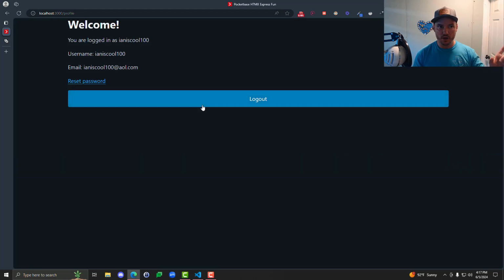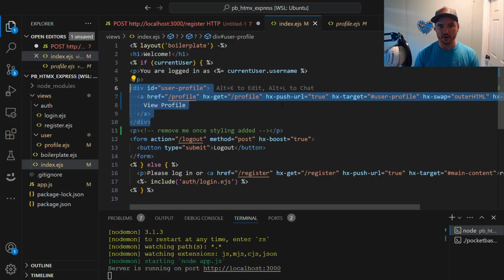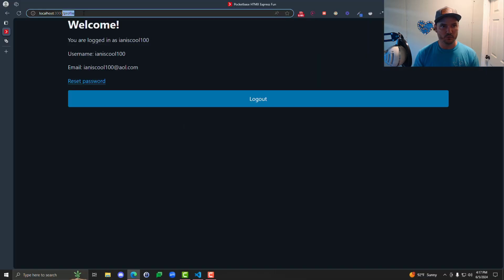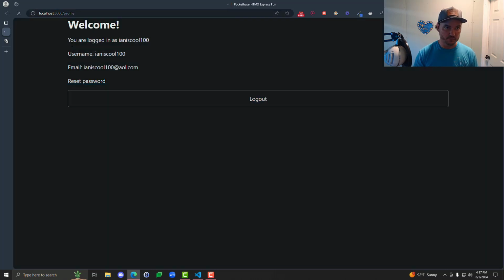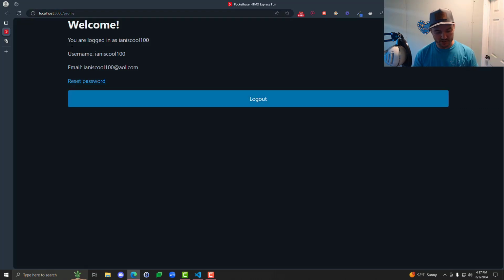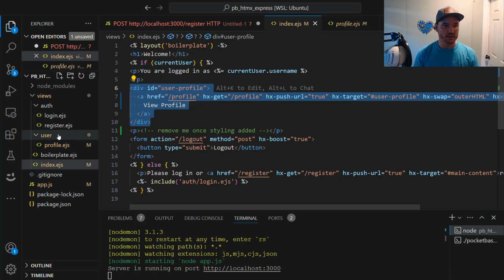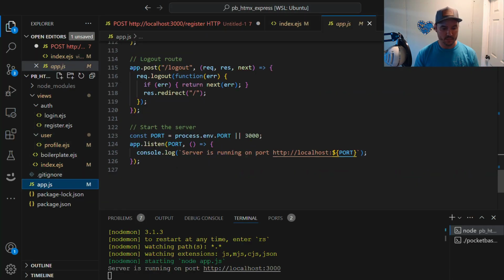Pretty cool. Okay, but we also set it to where hx-push-url is true, meaning we get this /profile in the URL bar, which is cool because now we actually have a history. We can go back to the previous page we were on, even though all these updates are happening on a single page application, but we're getting a browser history. And if the user were to bookmark this page and come back later, /profile, it loads everything because when it goes to /profile,